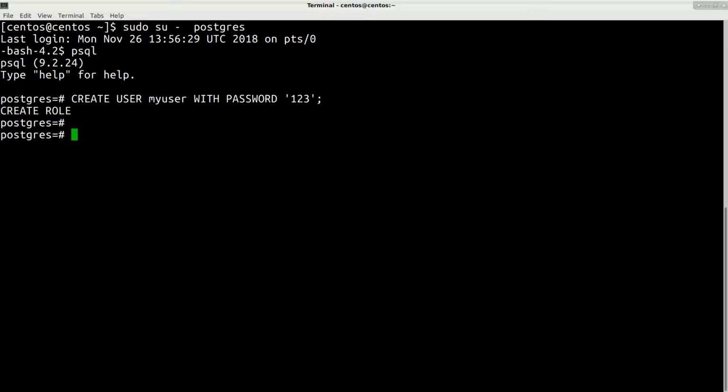Now we also can create a database, and we will specify the owner of the database as this myuser. So let's create it. Type in create database, for example let's say mydb with owner, and then the username will be myuser, and also it is good to specify encoding equals, and in single quotes utf-8, and also lc_collate